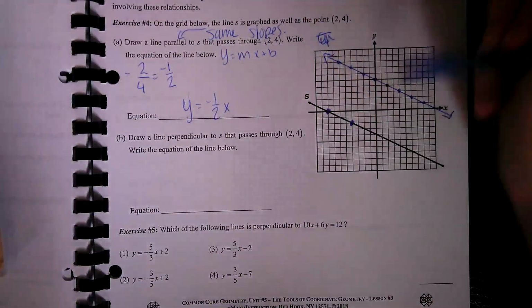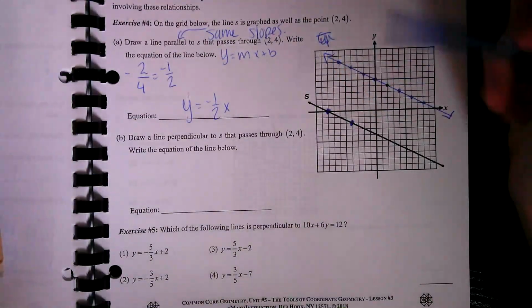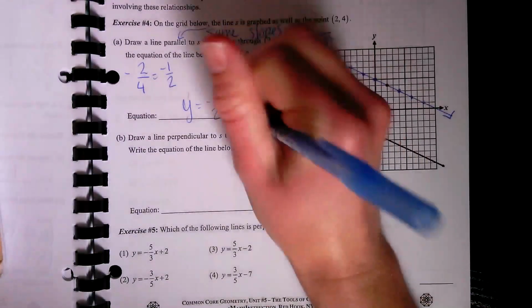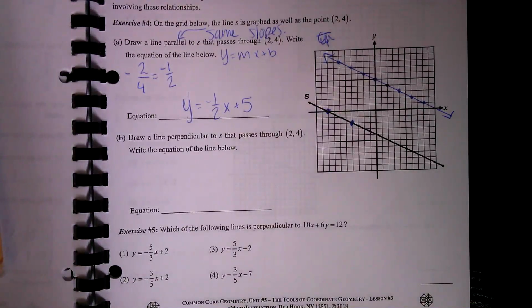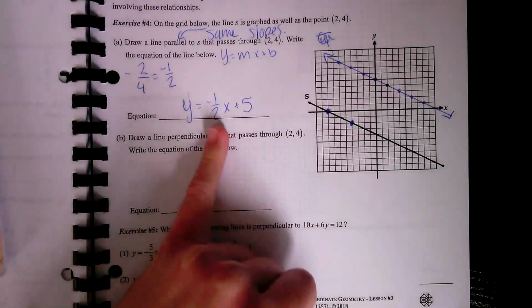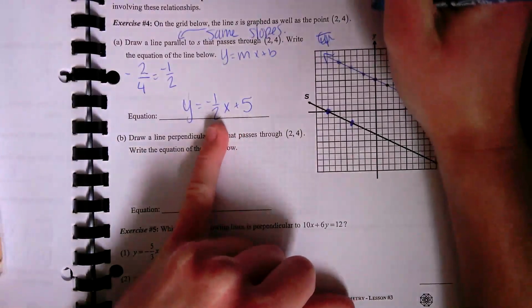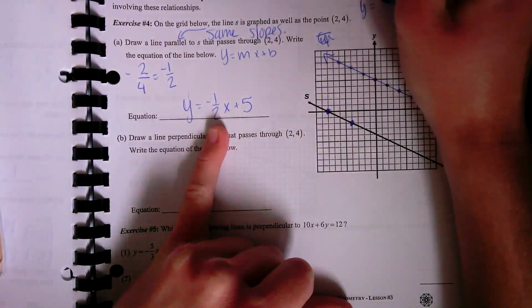Okay. Now it looks like the graph crosses the y-axis at 5. So that's going to be our y-intercept. Now, like I said, there's a couple of ways we could have done this. We could have also done this algebraically. Since we know that the slope is this, to find the y-intercept,